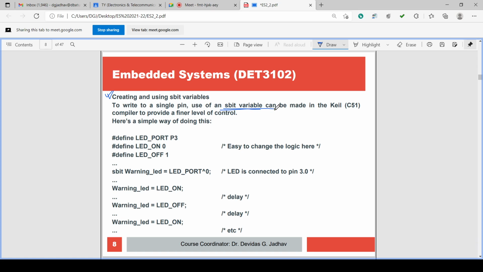Data type or variable type is sbit. Use of sbit variable can be made in the C51 compiler, to provide a finer level of control. Single bit is a fine level of control.